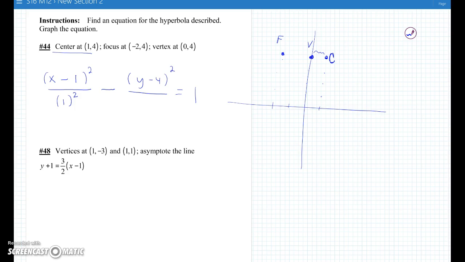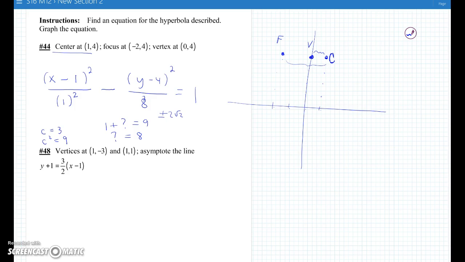And then the distance to the focus, let's see, that's 1, 2, 3. So the distance from the center to the focus is little c, and that equals 3. So c squared equals 9. So that tells me that 1 plus this number that I don't know has to equal 9. So that tells me the number I don't know has to be 8. So the denominator under the y squared term is 8. So remember that means we're going to go plus or minus 2 root 2 in the y direction